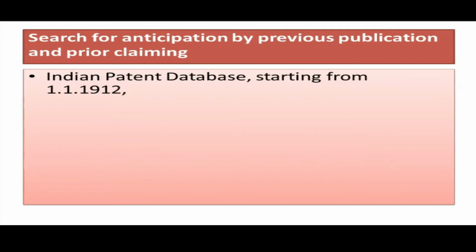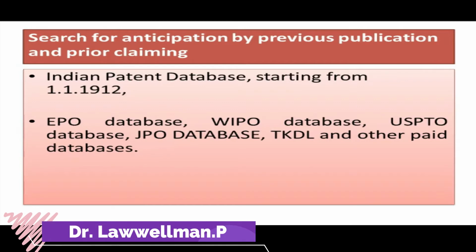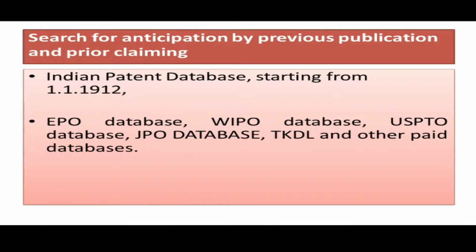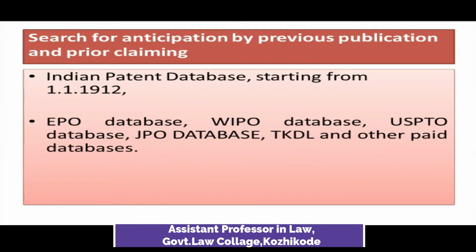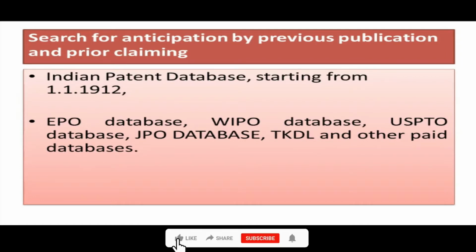The importance of that date is this. This is the date on which the patent office was constituted or established. The patent examiner will also look at the EPO, European Patent Office database, WIPO, World Intellectual Property Organization database, USPTO, United States Patent and Trademark Office database, JPO, Japanese Patent Office database, TKDL, that is the Traditional Knowledge Digital Library, which India holds, and other paid databases,